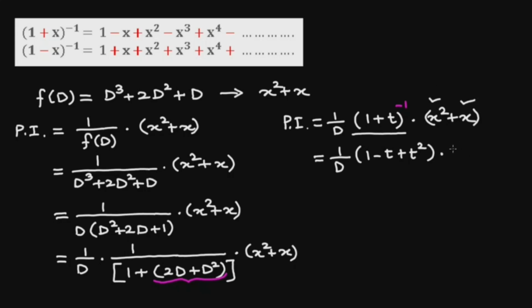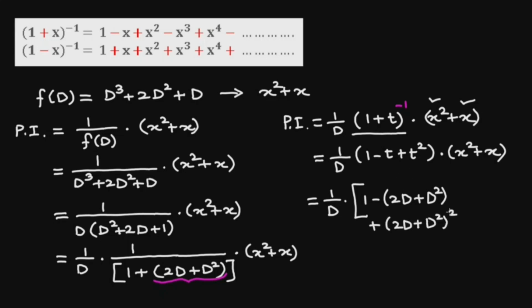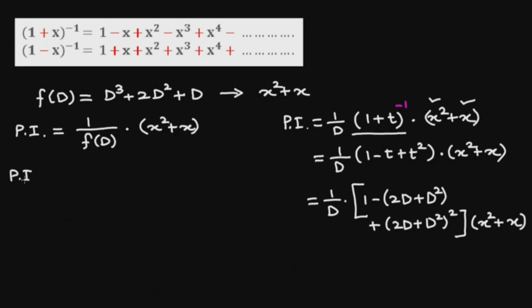Now we operate this on x² + x, which will be 1/D into (1 − t), where for t we substitute 2D + D², and for t² we substitute (2D + D²)², and we operate this on x² + x. Further, the particular integral will be 1/D into 1 into x² + x